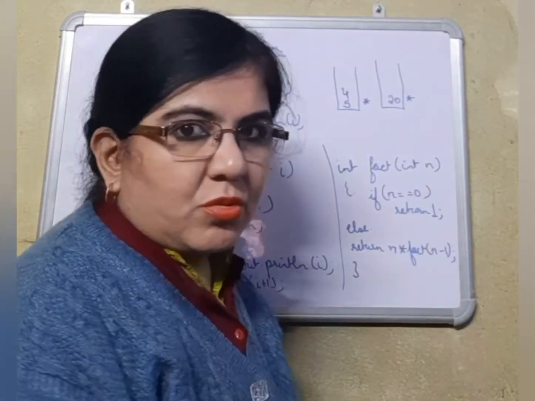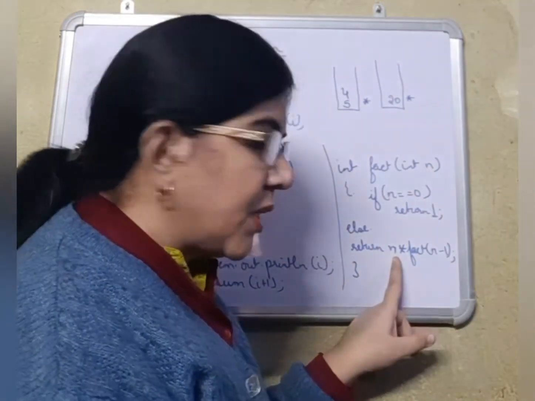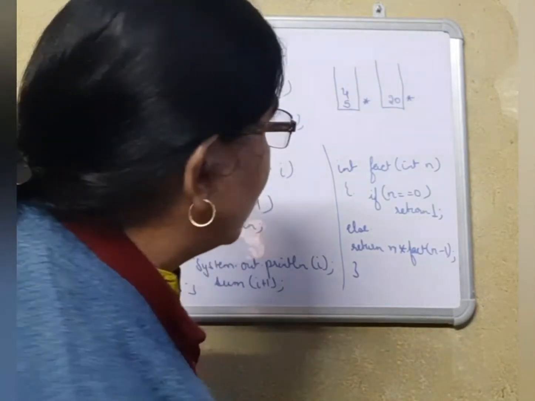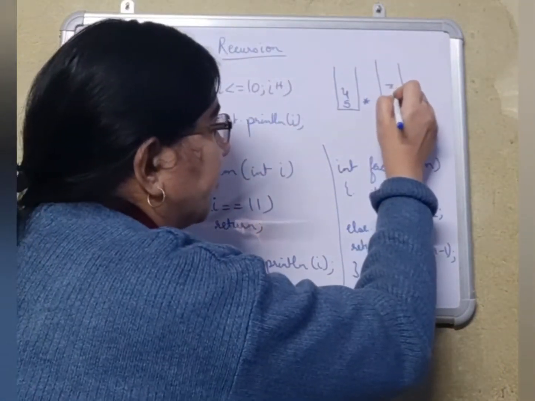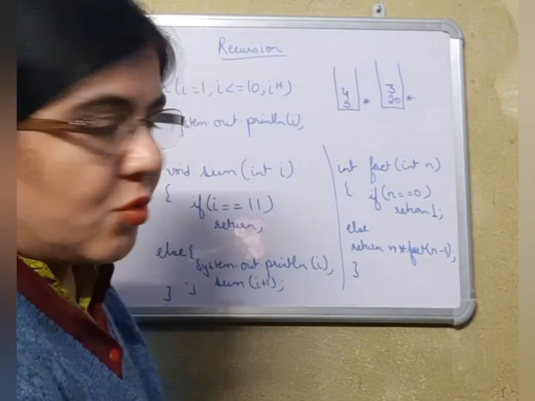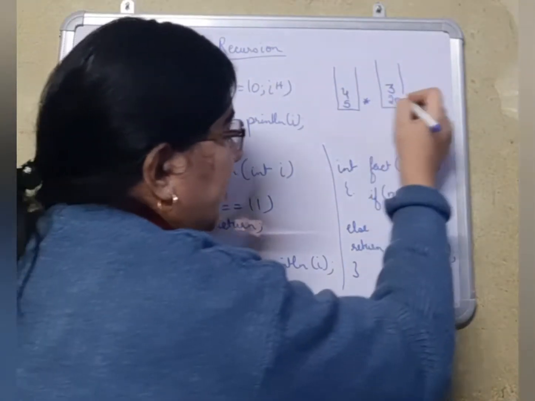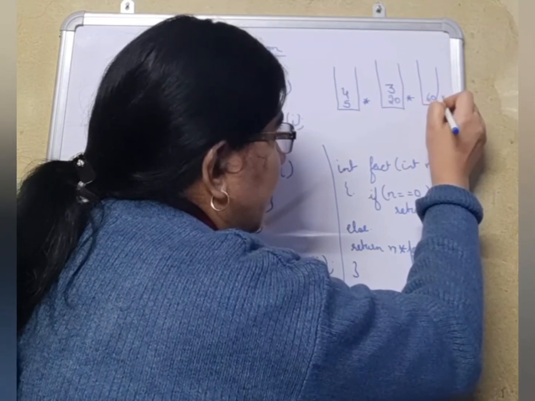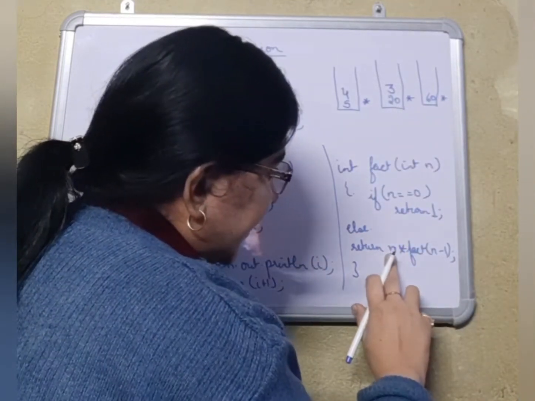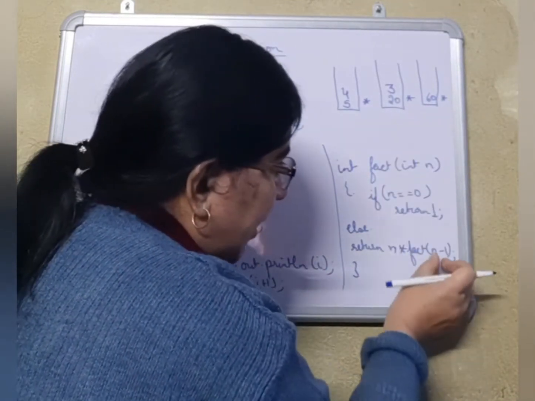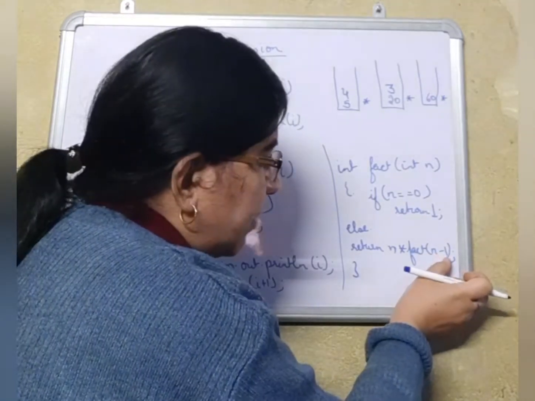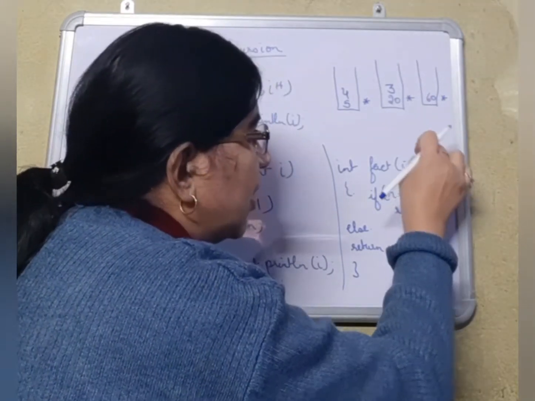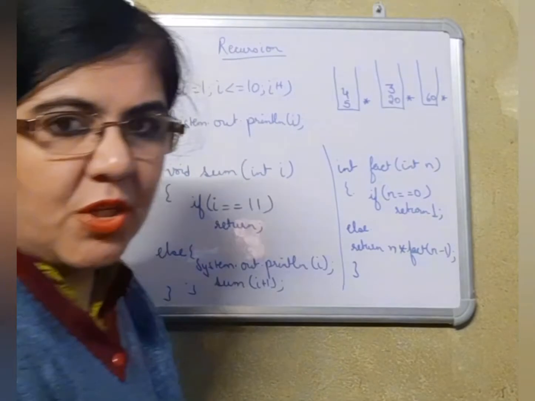3 is 0? No. Again it will come here, n into. That means 3. So now 20 into 3, again because a binary operator is there, 60 will be waiting inside the memory. This is 60, but fact will call itself and the value of n was 3. So 3 minus 1 will become 2. 2 will re-enter inside the function.